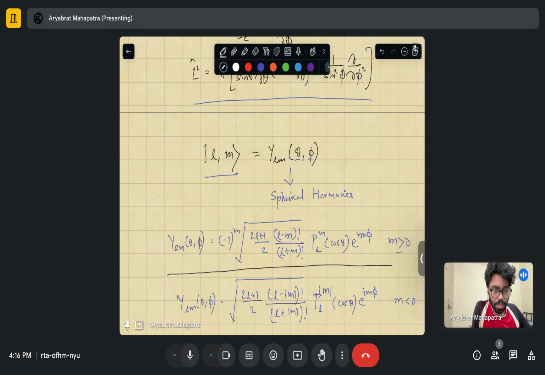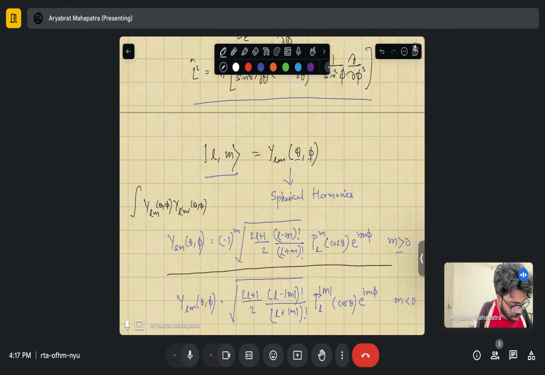So Y_lm(theta, phi) is an orthonormal eigenfunction. That means if you take Y_lm(theta, phi) with some other Y_l'm'(theta, phi),